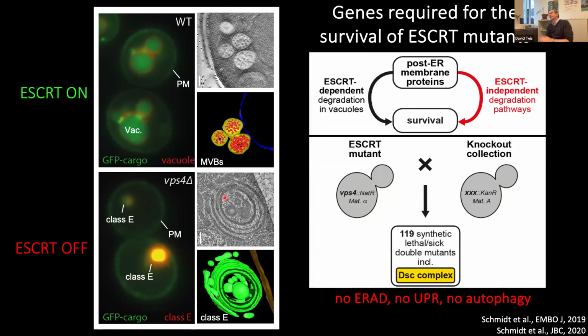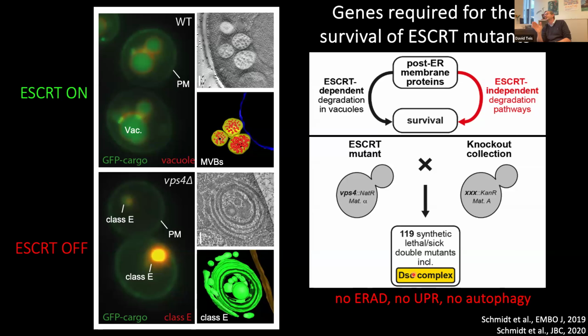And against my expectation, the screen did not return components of the ER-associated degradation machinery. It did not return components of the unfolded protein response, and it also did not identify autophagy. So all of these pathways are not essential for the survival of escort mutants. Yet it identified 3 out of 4 components of a ubiquitin ligase complex that is referred to as the DSC